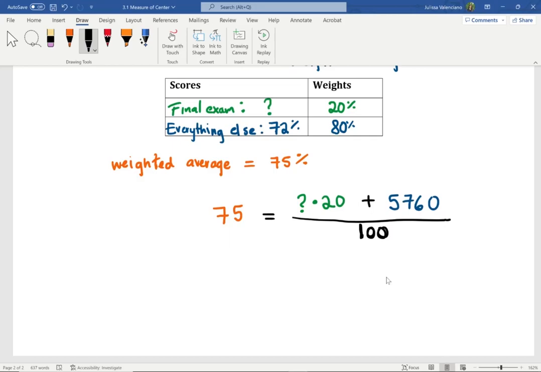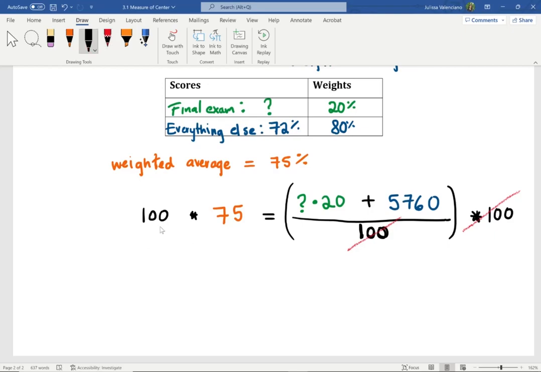That way we have question mark is equal to some value. To do that, we're going to have to cancel this division by 100. To cancel a division by 100, we need to multiply both sides by 100. We need to multiply 75 by 100, but whatever we do to one side, we do to the other.